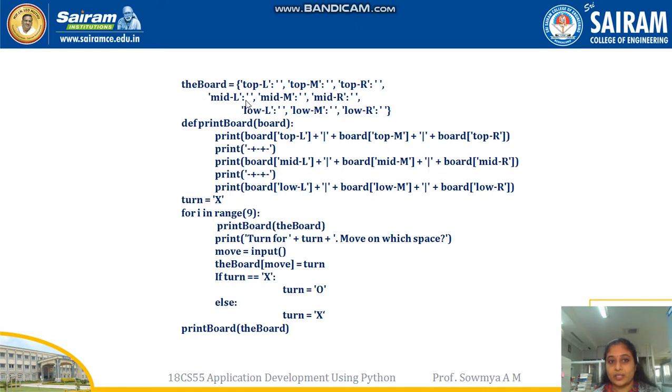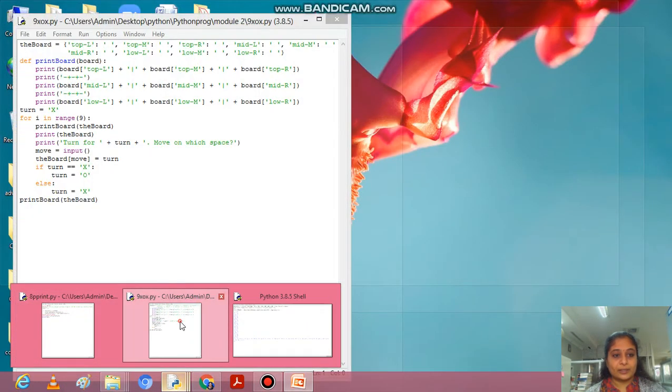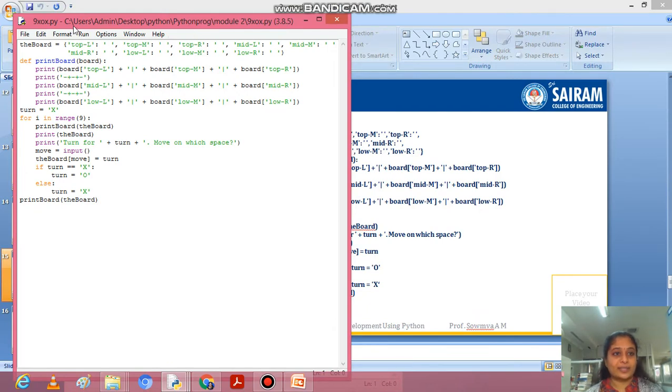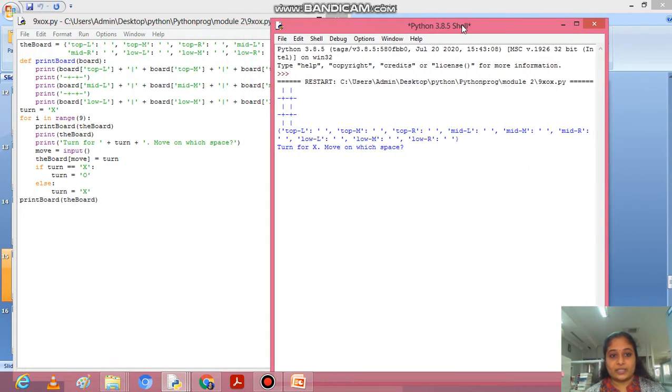First the board is defined, then we have to print the board with the values. So print plus hash means plus, and this statement will print the board, and the colon is used to print the board. The top left, top right, top middle will be empty since the values are empty. And in the for loop we start giving the values to the tic-tac-toe board with the help of the user interface. So we'll go to the program execution. This is our tic-tac-toe board program. Once I run the program, the empty tic-tac-toe board is printed like this.